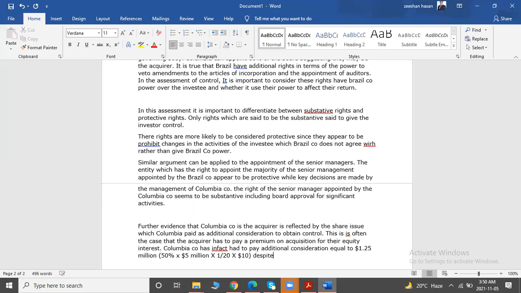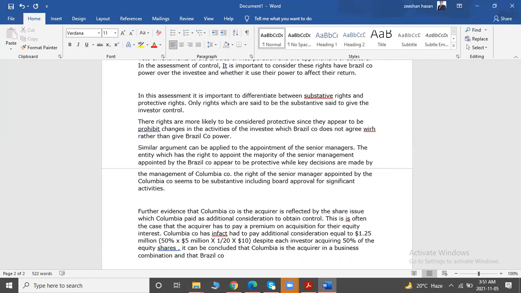Despite each investor acquiring 50% of the equity shares, it can be concluded that Columbia is the acquirer in a business combination. In effect,